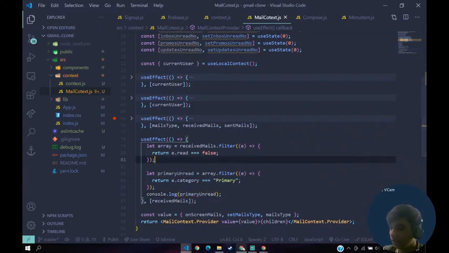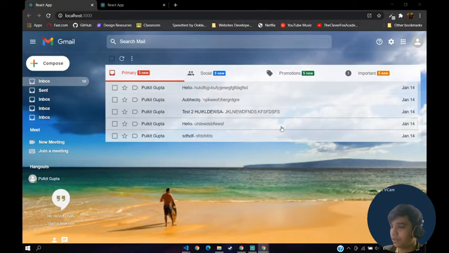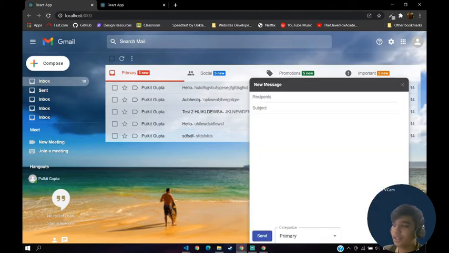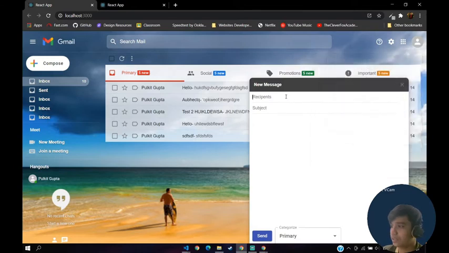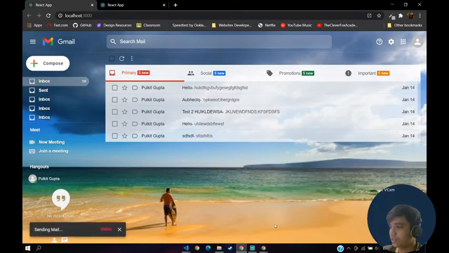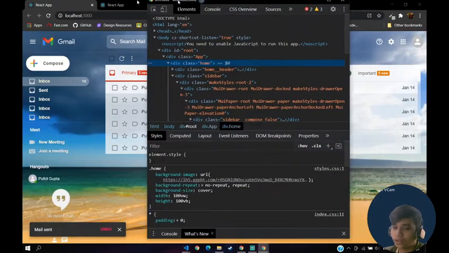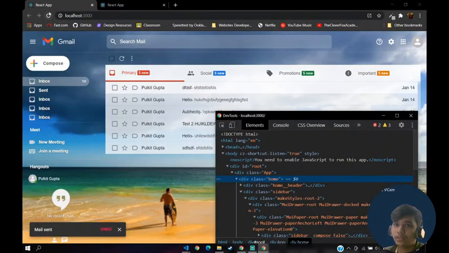Save that, go back to your application, open up your inspect, let's refresh it, and let's send another mail to us. Let's send a mail, 1 2 3, send this, and go back to our localhost, have a refresh.